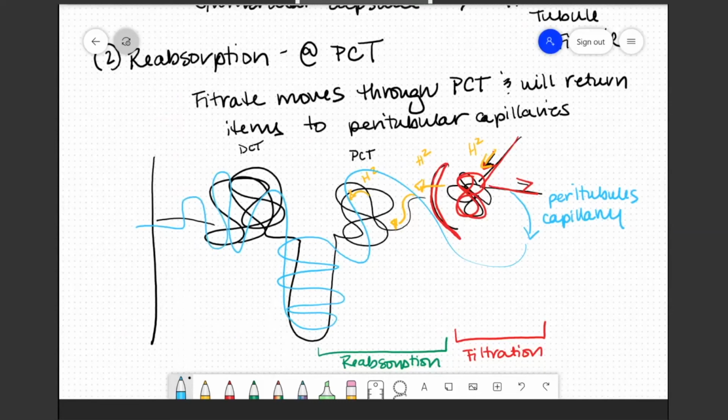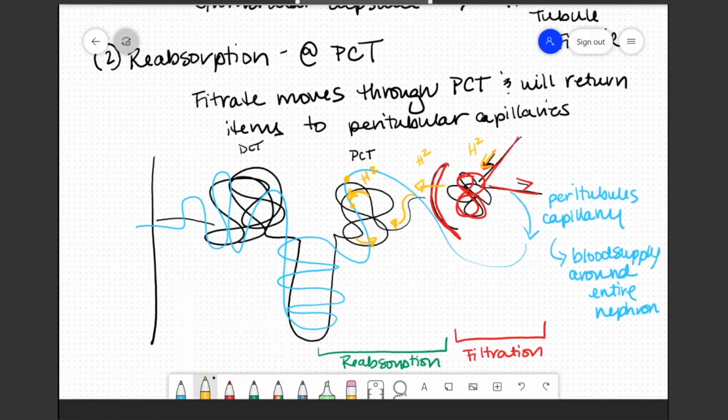So that means your peritubular capillaries will give a blood supply around the entire nephron. So when we're saying that the filtrate moves through the PCT, it will return items to the peritubular capillaries. So we have this hydrogen ion in our PCT, but wait, we don't need it. You can actually put it back into your